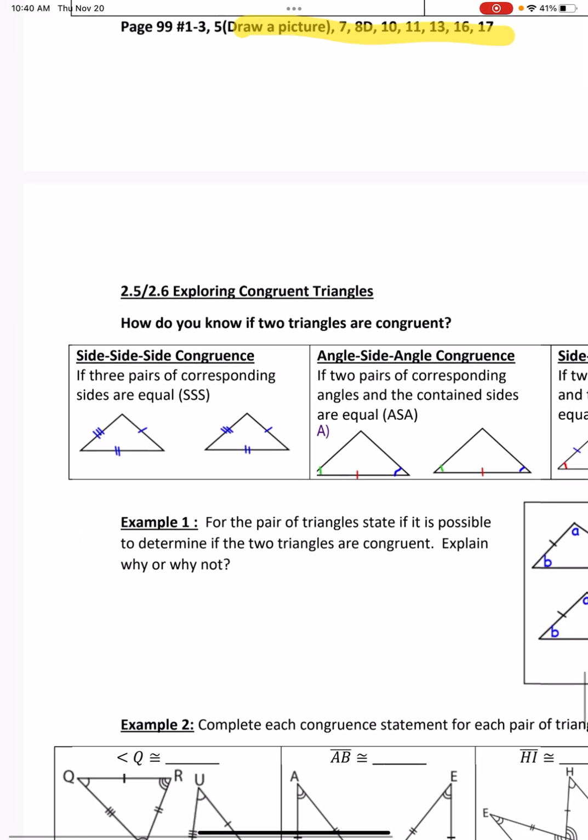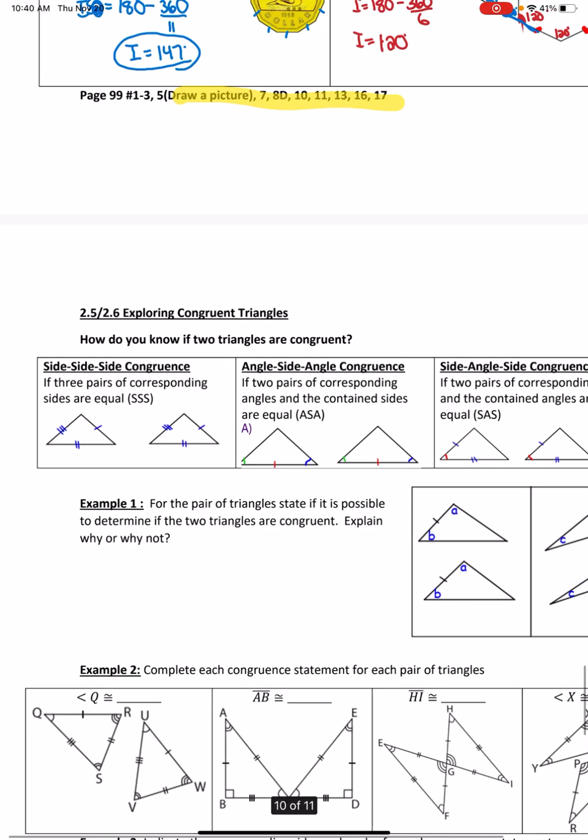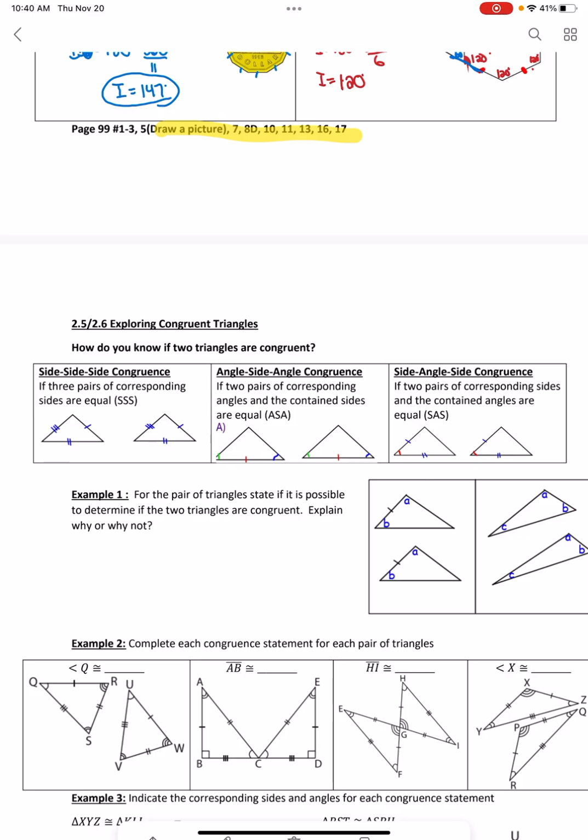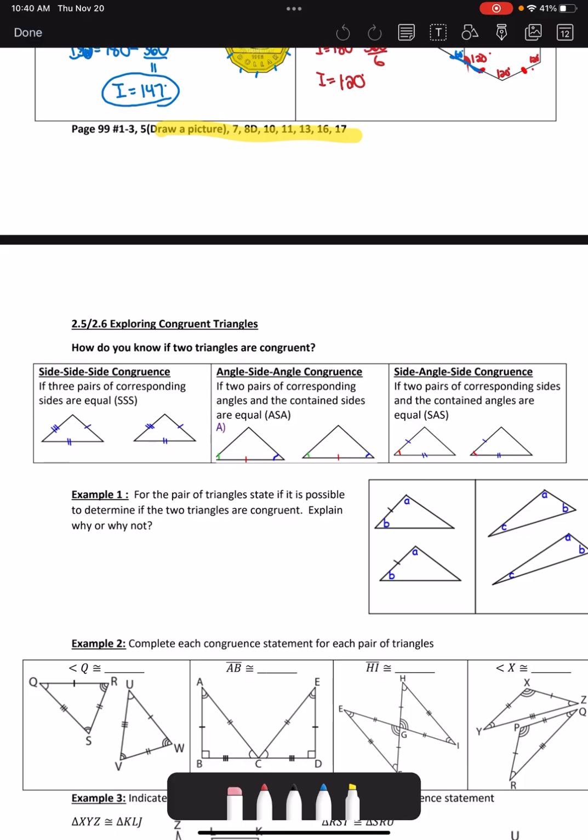Okay, so we are going to do our last lesson in our acute triangle unit. So in this lesson, we're going to talk about congruent triangles. There's three different types of congruencies. So we can have side, side, side congruence, meaning if all three sides of a triangle are equal, then they're